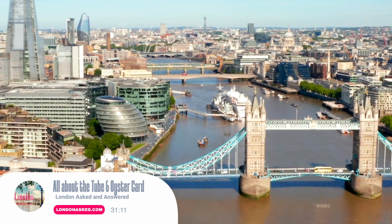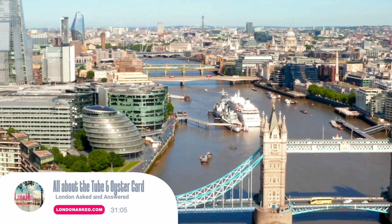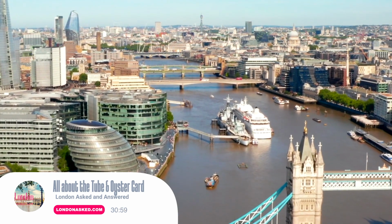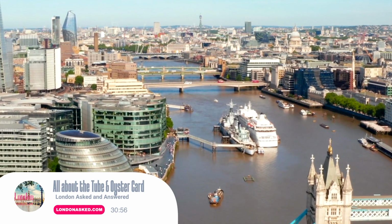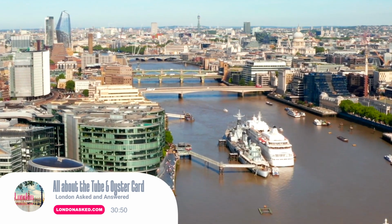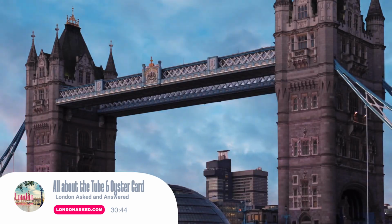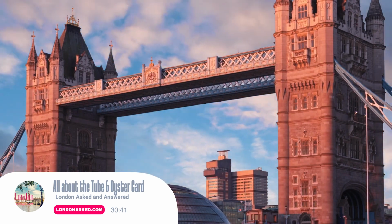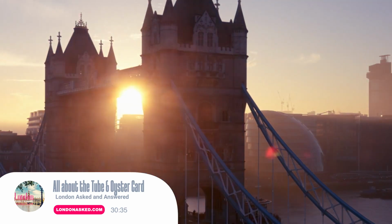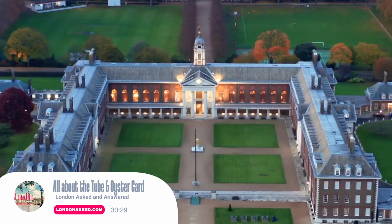The London Overground is a suburban rail network that serves large parts of Greater London and Hertfordshire, with some services extending to Surrey. The Overground began operation in 2007, taking over from several disconnected suburban train lines to form a more cohesive network. The Overground network comprises 112 stations over 9 lines, covering 167 kilometers. The Overground trains are similar to those on the Tube, but are generally larger and have more seating, reflecting the longer distances they cover. The Overground operates from early morning until around midnight, with some lines offering a limited night